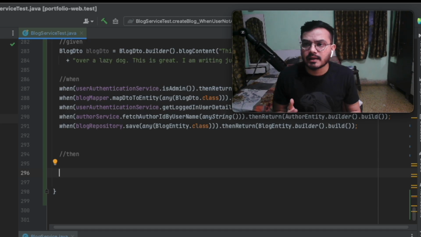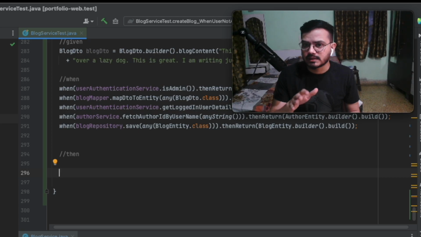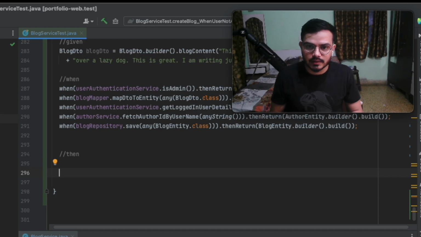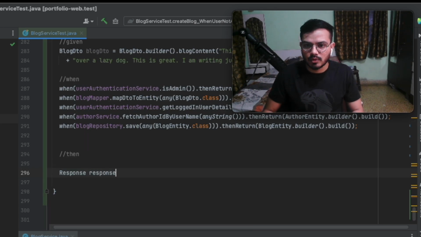The reason behind that is, let's say tomorrow someone else comes and changes certain things, and now the method has started behaving differently. It is returning something that it was not supposed to. That should not happen, and this test case will fail, and it won't let someone push to prod. So first of all, we need to see what this method is returning. We need to take that. It's returning a response. I'll write here a response equals to